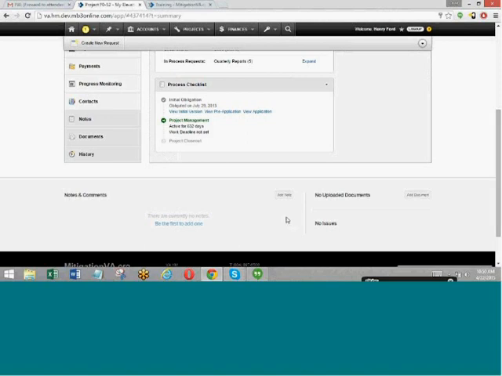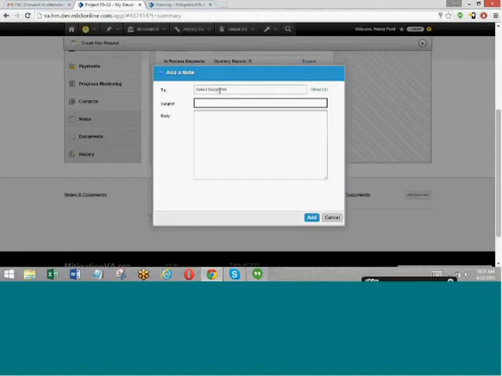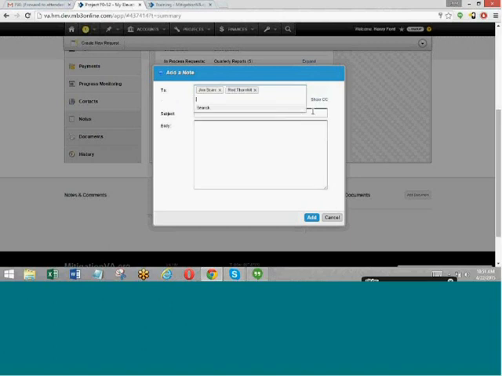The notes section is also a really nice feature to communicate to other users. You can either just add a generic note to an item that will be visible to anyone coming to that item, but you can also use it to send a note to a specific user or users. And you do that by just saying add note. And if you were in the recipient section, let's say for instance I type in John. I want to send a note specifically to John Scar, who is my colleague. I'll add his name there. Maybe I also want to add Rod, so I'll type in Rod and I'll select his name.